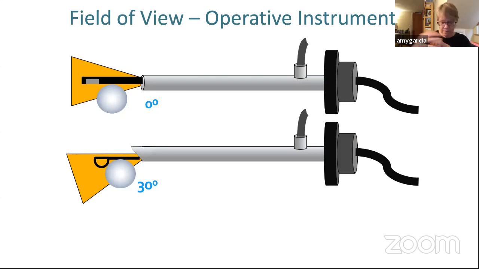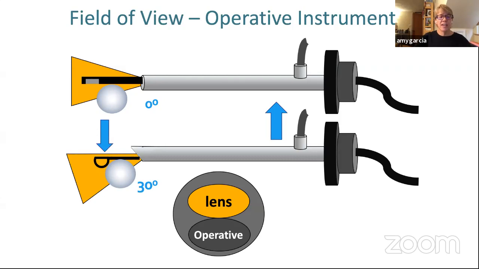And these work fine, just understanding that there is a more narrow visual field compared to the offset visual field that we get with a 30 or 12-degree oblique lens. What this means when we've got an offset lens is that the lens will always, always, always be looking at the operative instrument. And why? This is because the operative channel will be set